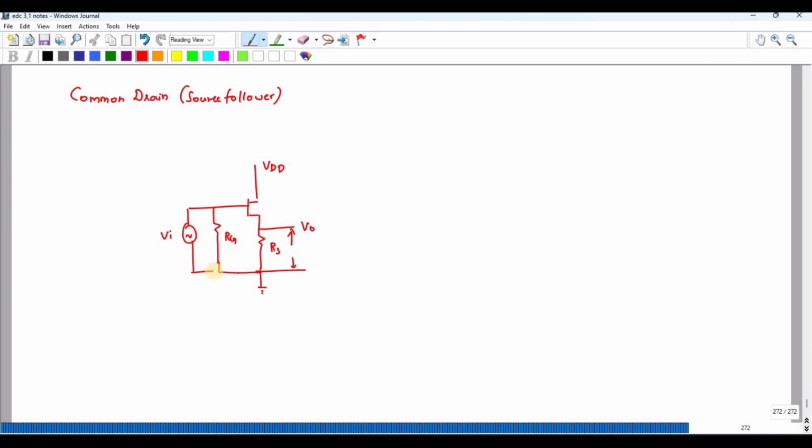So for this we need to draw the small signal equivalent circuit for AC analysis. So for AC analysis, the DC supply should be shorted. Sorry, it should be grounded, and the capacitor should be shorted. Okay, so if that is the case, this is VI followed by